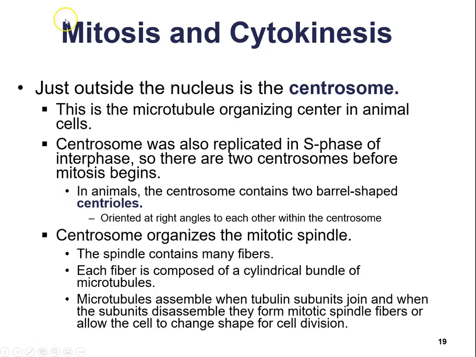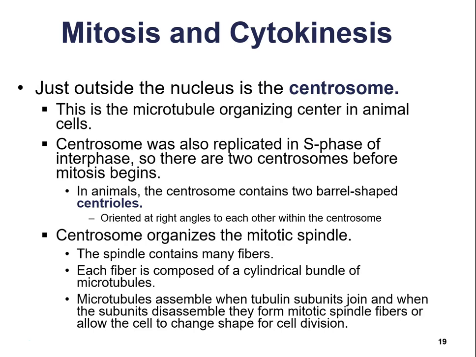All right. So we mentioned the centrosome, right? Just outside the nucleus, there's a centrosome. This is the microtubule organizing center in animal cells. I think we mentioned this when we talked about the different parts of the cell, okay? So that centrosome gets replicated during interphase, right? So there are going to be two centrosomes, because those two centrosomes end up forming the spindle on opposite ends of